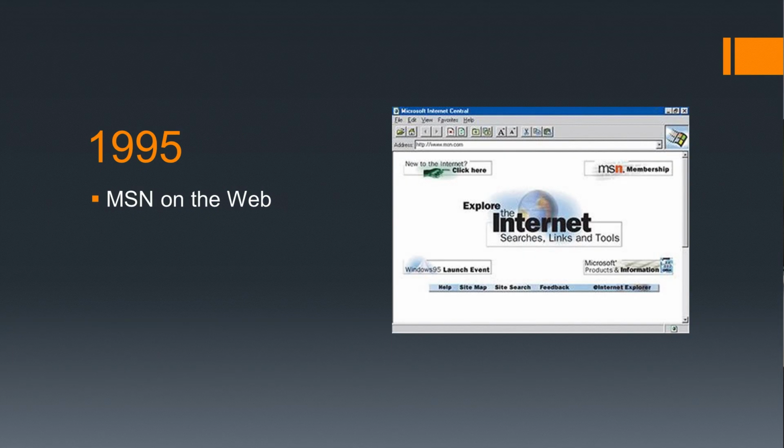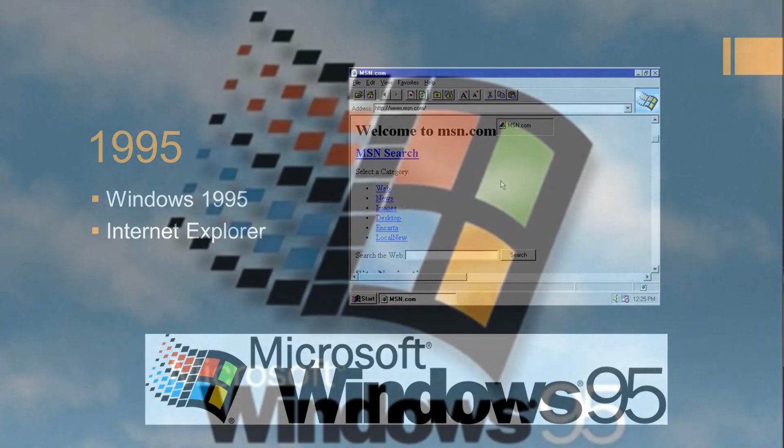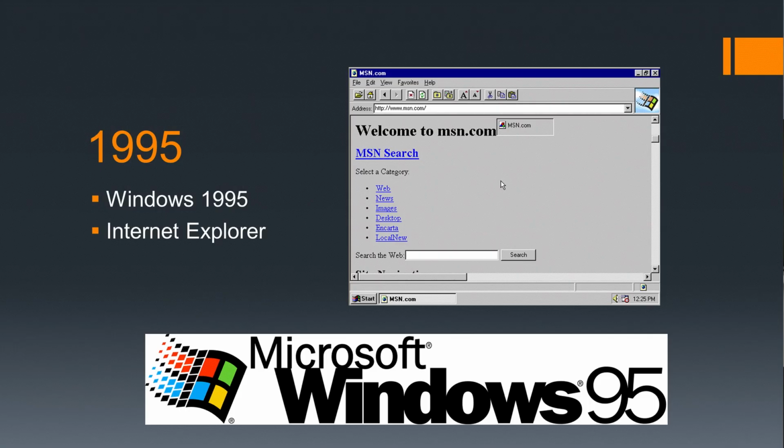In 1995, with Microsoft starting to embrace the web, they made the Microsoft Network a web portal. This was also the year they released Windows 95 with built-in Internet Explorer, which made the internet increasingly accessible to its customers. With 36 million users by the end of 2006, the web had a long way to go before the 3.5 billion internet users there are today.